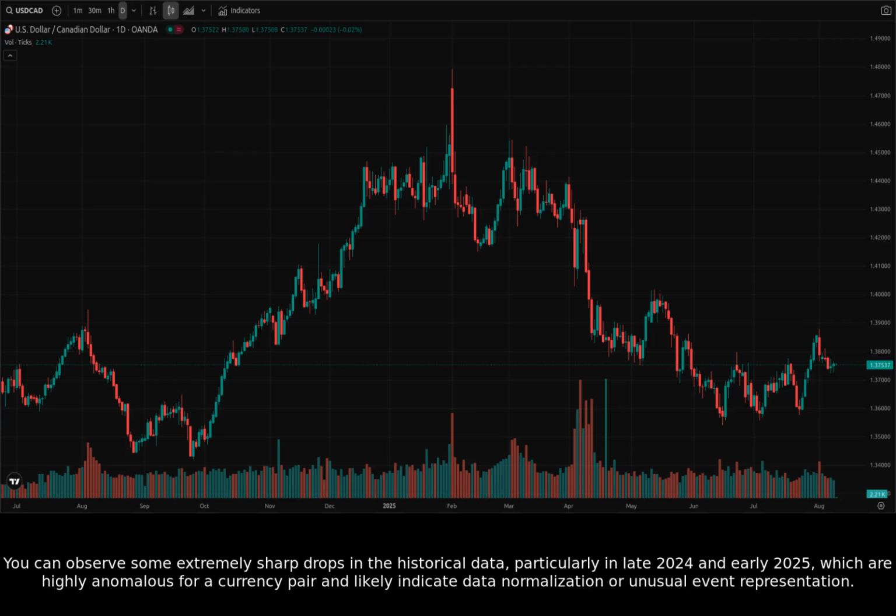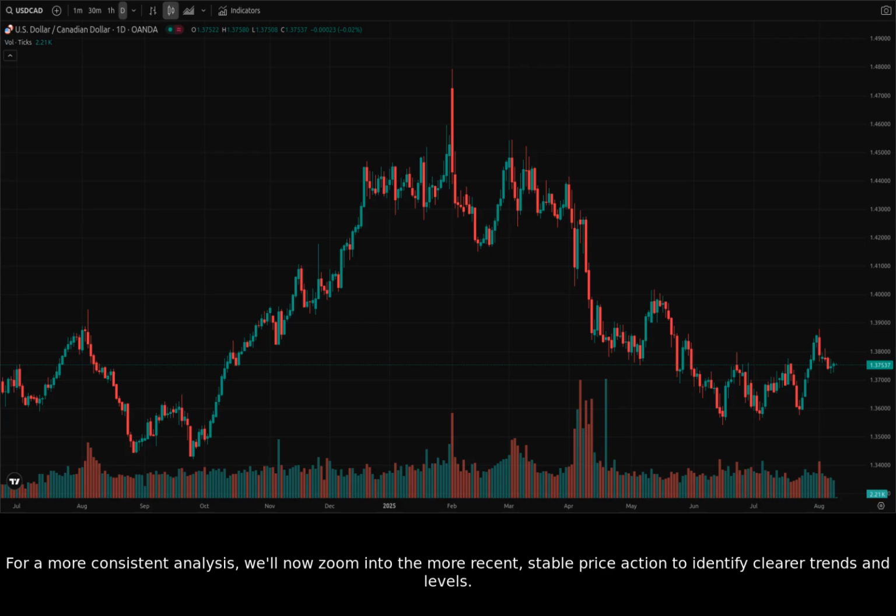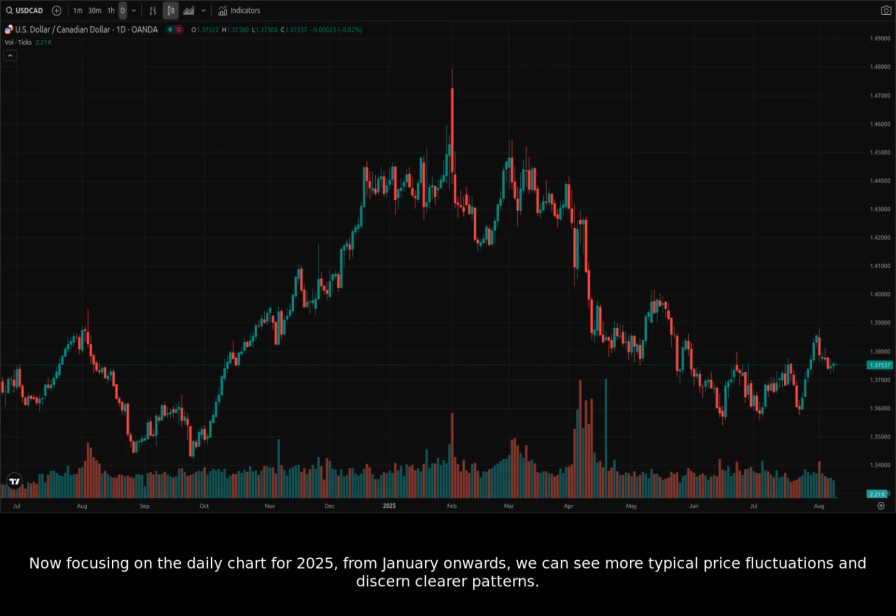You can observe some extremely sharp drops in the historical data, particularly in late 2024 and early 2025, which are highly anomalous for a currency pair and likely indicate data normalization or unusual event representation. For a more consistent analysis, we'll now zoom into the more recent, stable price action to identify clearer trends and levels. Now focusing on the daily chart for 2025, from January onwards, we can see more typical price fluctuations and